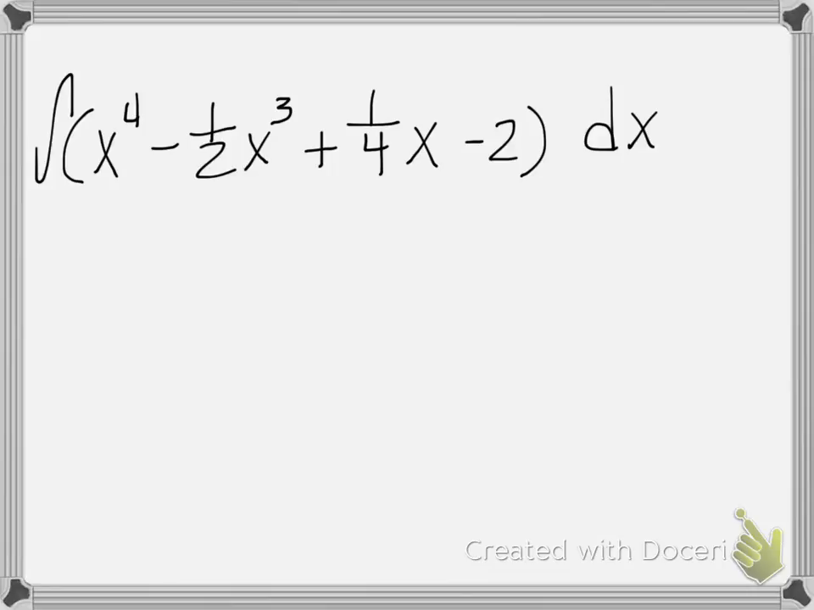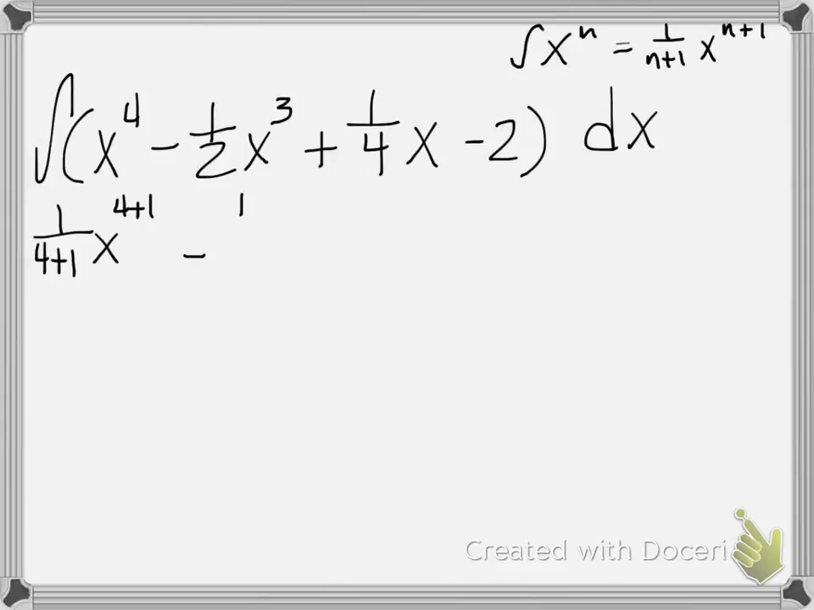Alright, so this one looks kind of crazy, but it's pretty much just straightforward, just really long. Just remember that when you integrate x to the n, you get 1 over n plus 1 times x to the n plus 1. As long as you remember that and pay attention to what you're doing, we should be fine. So when we integrate that, we're going to have 1 over our n, which is 4 plus 1, x to the 4 plus 1